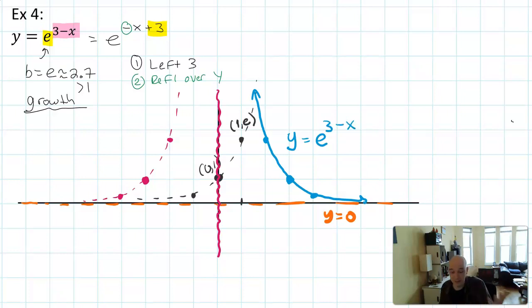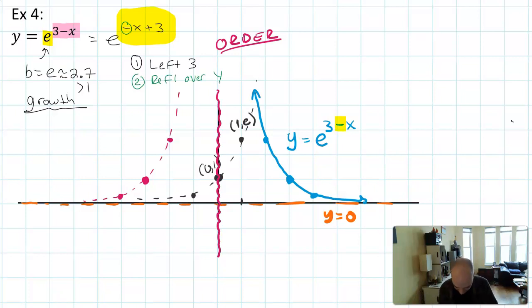It shouldn't surprise you that this is decay. Remember what we talked about when you have a negative on the variable in the exponent, that usually does give you decay. So here we said that that's because of a transformation. This is what we were talking about earlier. So e to the 3 minus x, just remember when you have these double input transformations especially, the order matters. The order always matters, but the order really matters with these double input transformations, because if you did these in